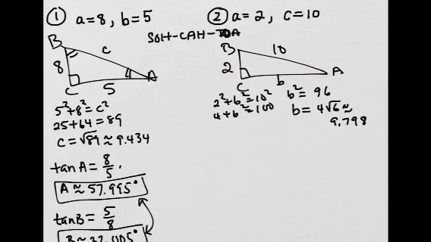I was given the opposite of A and the hypotenuse. So opposite over hypotenuse would be sine. So sine of A is opposite over hypotenuse. Inverse sine of 2/10, you could change it to 0.2 if you like, when you put it in the calculator. Inverse sine of 0.2 is 11.537